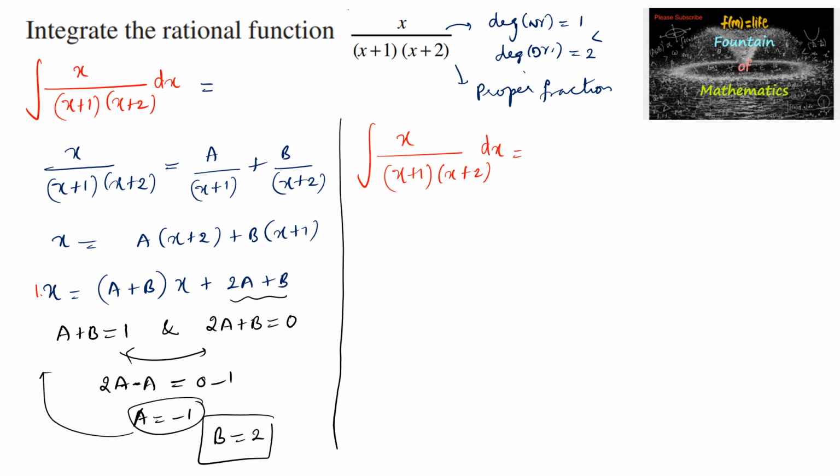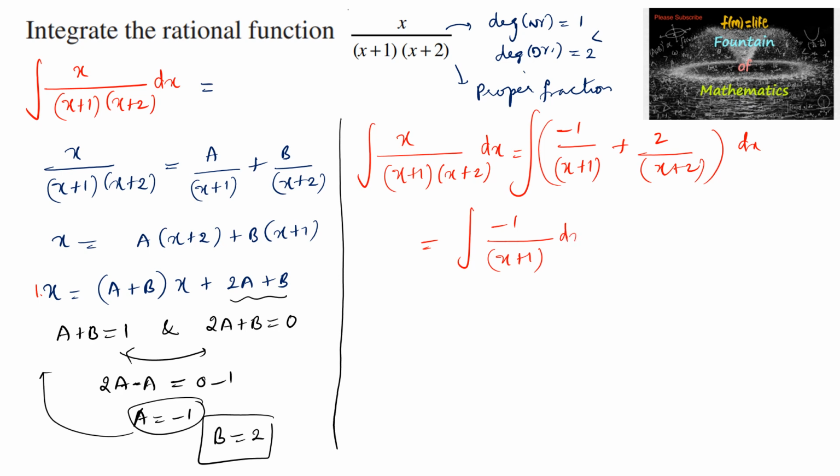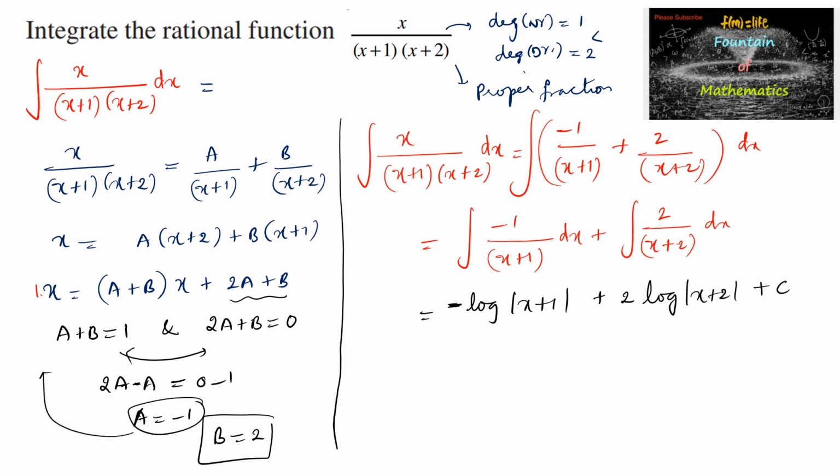is equal to the integral of minus 1 upon x plus 1 plus 2 upon x plus 2 dx, or we can write integral minus 1 upon x plus 1 dx plus integral 2 upon x plus 2 dx. Integration of 1 upon x plus 1, since the coefficient of x is 1, we can take directly minus log mod of x plus 1, plus again for 2 upon x plus 2, we can write 2 times log mod of x plus 2 plus c,